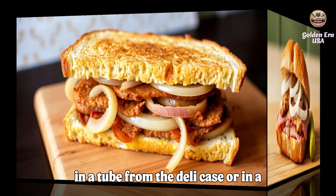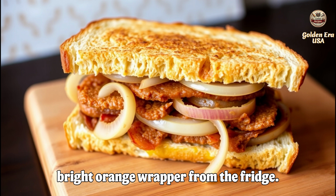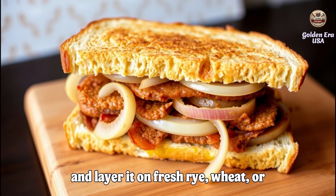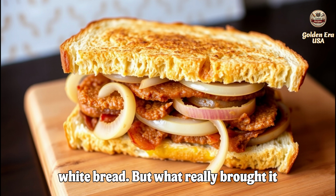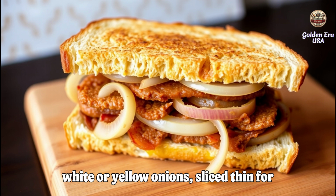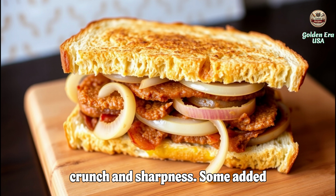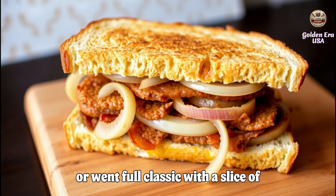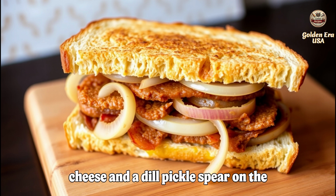It came in a tube from the deli case or in a bright orange wrapper from the fridge. You'd slice it thick or spread it thin and layer it on fresh rye, wheat, or white bread. But what really brought it to life? A generous helping of raw white or yellow onions, sliced thin for crunch and sharpness. Some added mustard. Others smeared on butter, or went full classic with a slice of cheese and a dill pickle